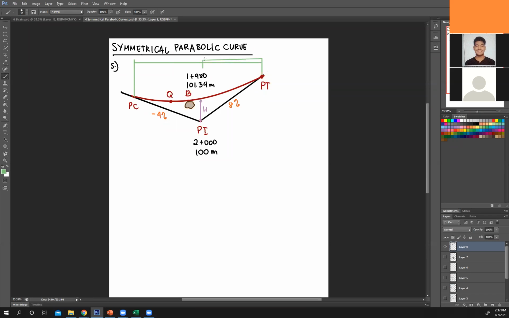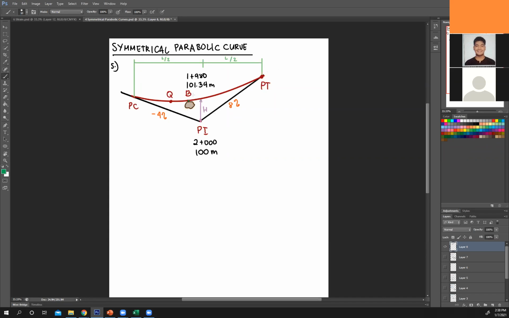And then this is L over 2. L over 2. The other point now would be here, since it's the one where your elevation and station is given. So comparing that, I need to get an offset of this point. So the offset of that would be this length.